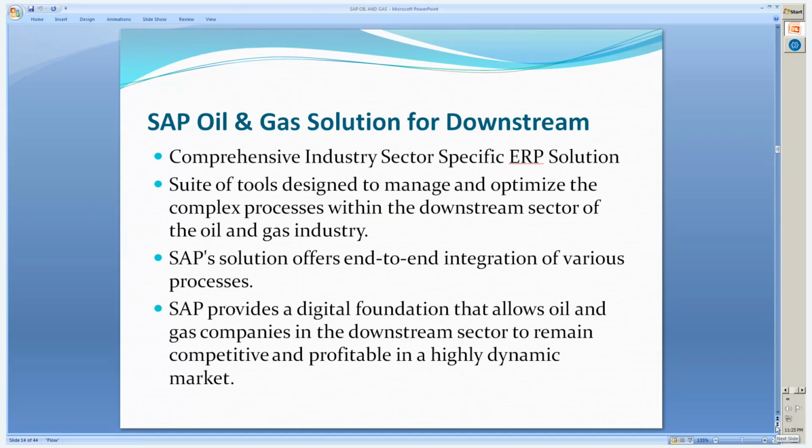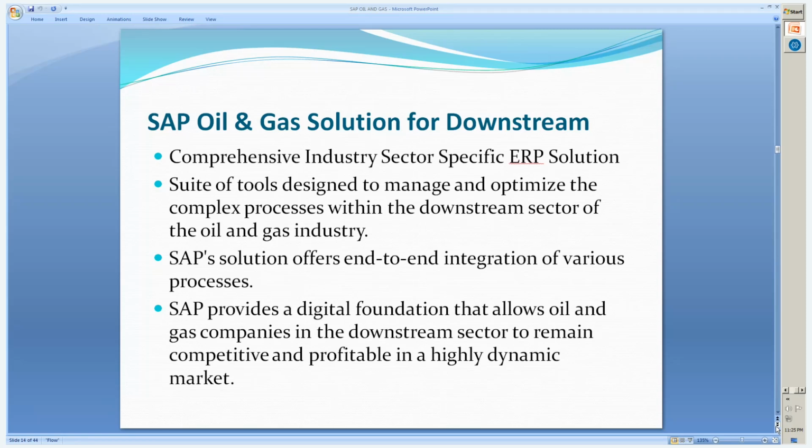Now let us talk about SAP as an ERP solution for oil and gas, for downstream. Basically, you get one complete solution, which is the SAP ERP. It's an industry-specific solution for the oil and gas industry, or the companies engaged in the industry. But within the solution, we have three main application components: upstream, midstream, and downstream. So in this particular training program, we're trying to look at the downstream part of the SAP oil and